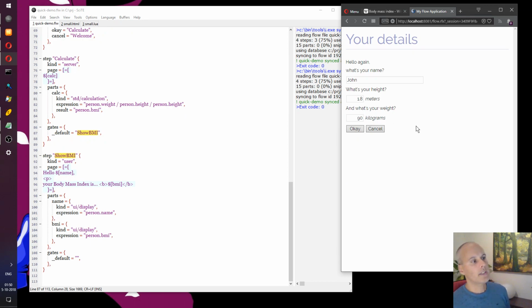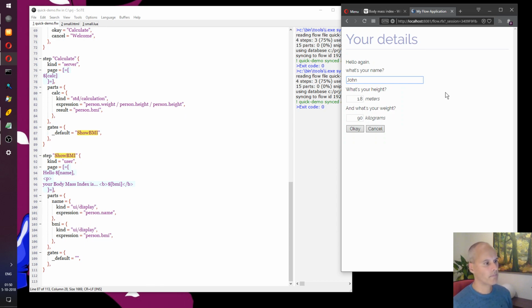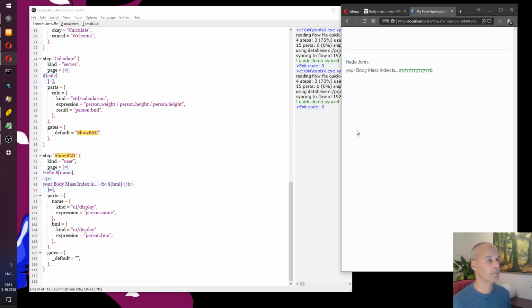So we actually still have our running application here, and you've probably already noticed I can develop my web application while it's actually running. I can tweak things while it's running, and that really helps because you can build things incrementally. You can test it while you change things, and in this case, let's simply see what happens.